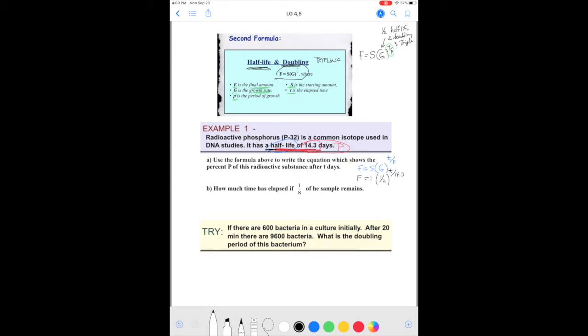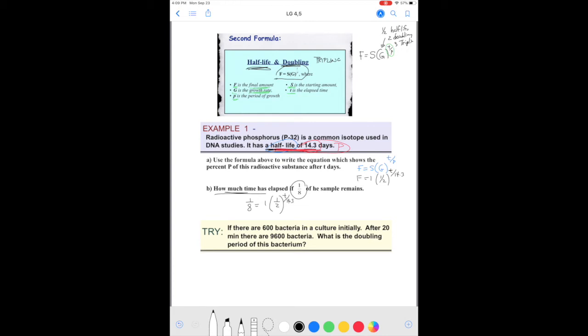So now we use this formula to find out how much time when there's an eighth of that one whole thing left. So we write it out like this. 1/8 is our final. 1, that's what we started with, one piece of it. Half to T over